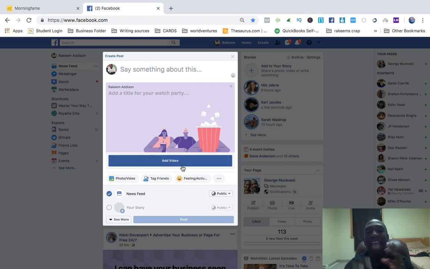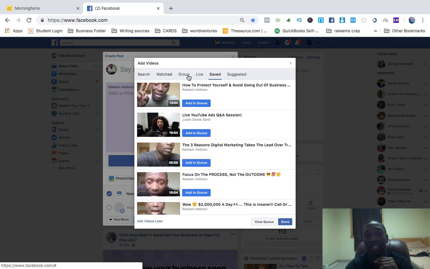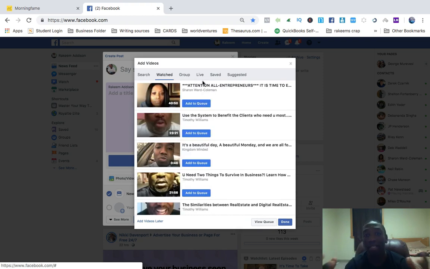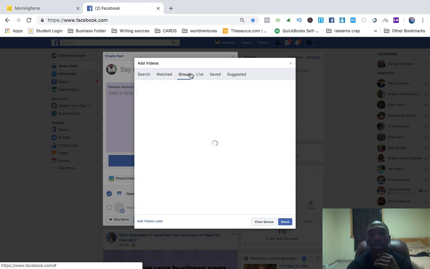To add a video to the watch party, you're going to click add a video. Now you see there's 6 different options you can use. You can search a video caption, like whoever the creator of the video, they put their caption up there. If you know that exact caption, you can just put that caption in here and it'll find the video you need. Or you can do videos that you've already watched. So if you watch some videos and you want to add them in a watch party, maybe it's something related to your business, or maybe it's your upline and you want to use the video, you can do that as well. Your group,